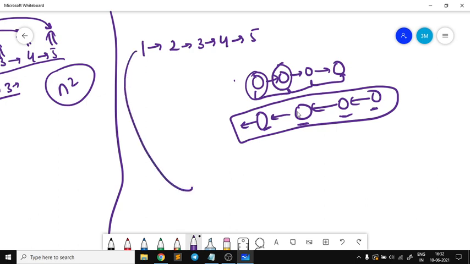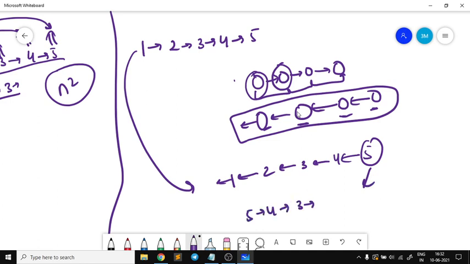So if I take this example here only, it will look something like this, right? Now this is the complete reverse list, right? And now its new head will be 5. So if I write it, it will look like this one only, correct? And that's what we have to return. So I hope the basic idea is now clear to you.